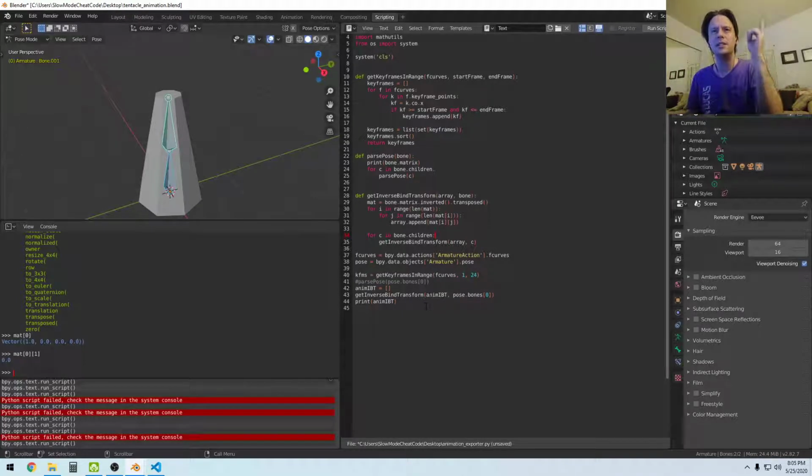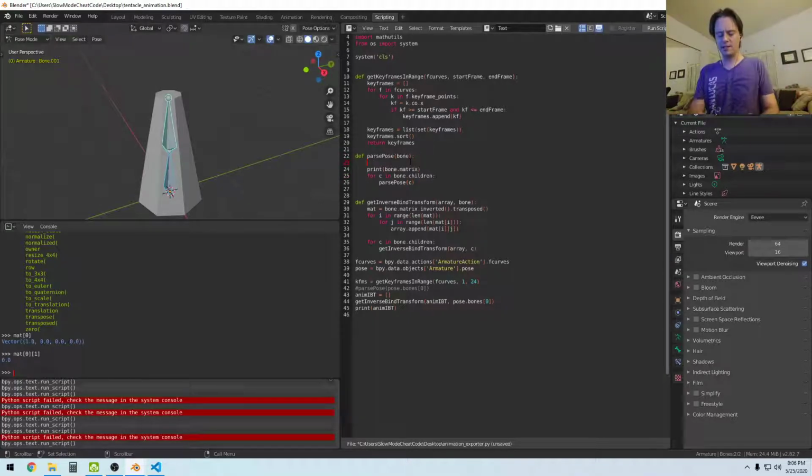So I got the inverse bind transforms, I got the keyframes, and now I need to actually get the, what do you call it, the position, the rotation, and all that stuff, and the parent's ID. So when I'm parsing a bone, for every bone, I need to get all that stuff. So let me just see. So the parent's ID,